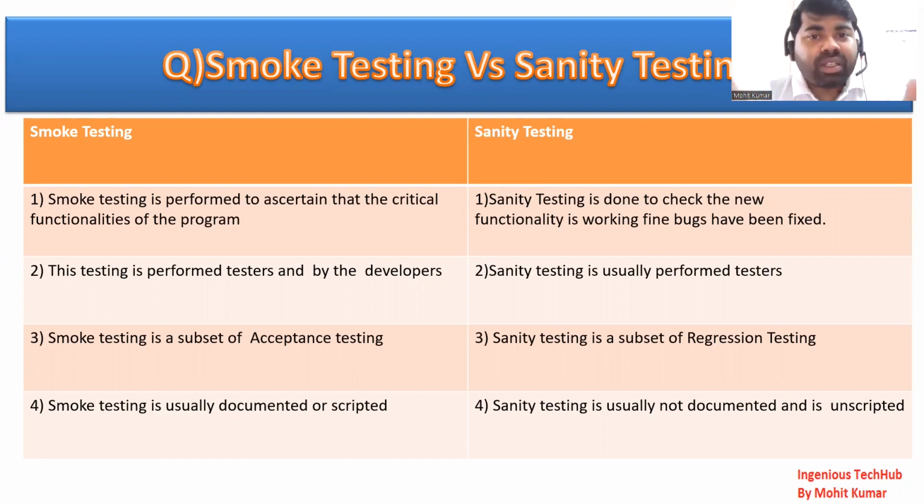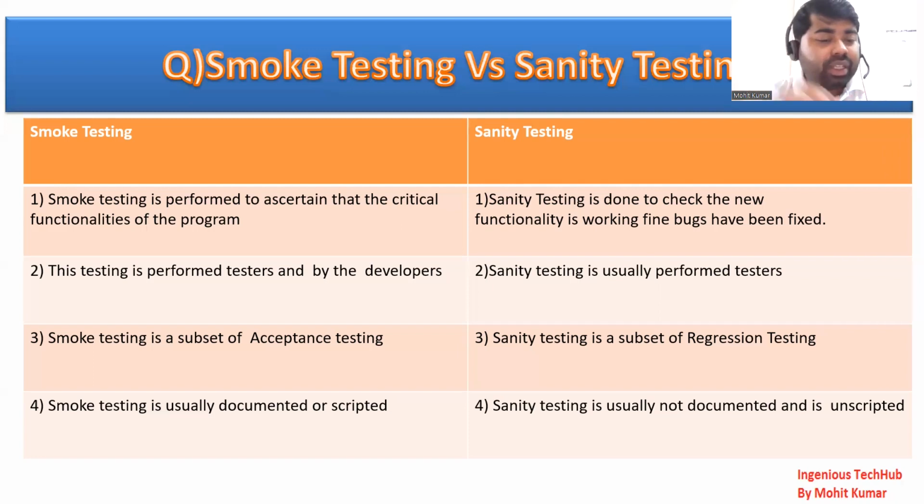Smoke testing is a subset of acceptance testing. So what is acceptance testing? We have already explained it in my previous video, you can go and watch it. And sanity is a subset of regression testing. In coming days we can also explore what regression testing is. So as of now,